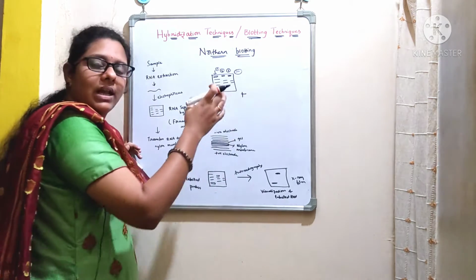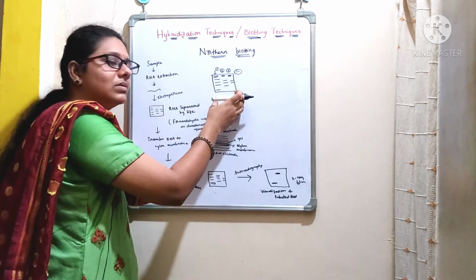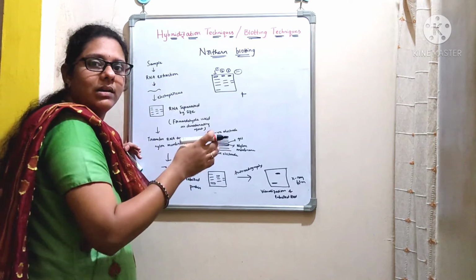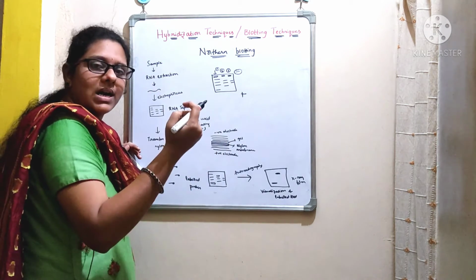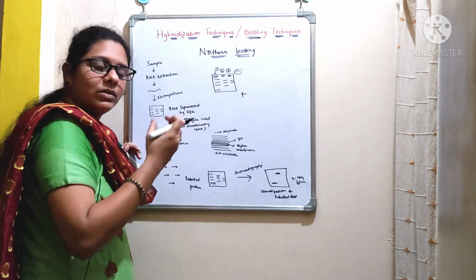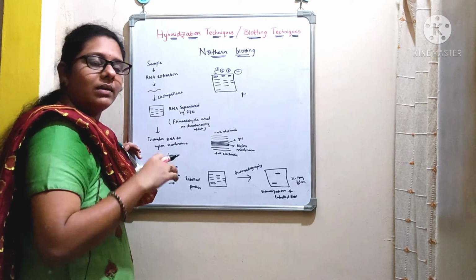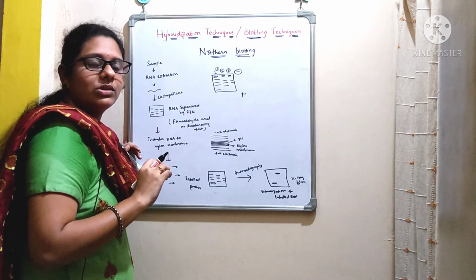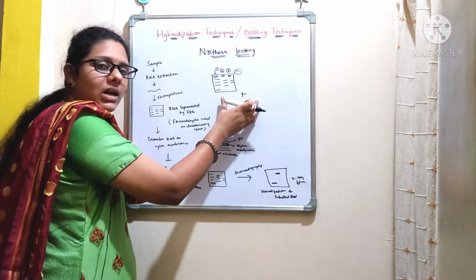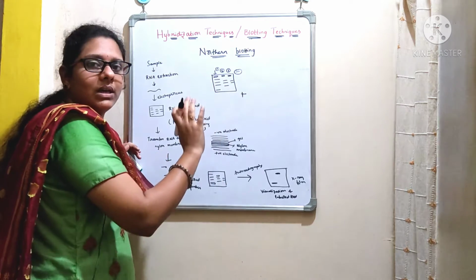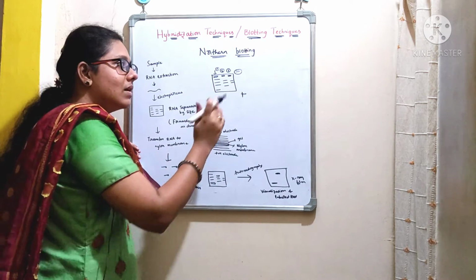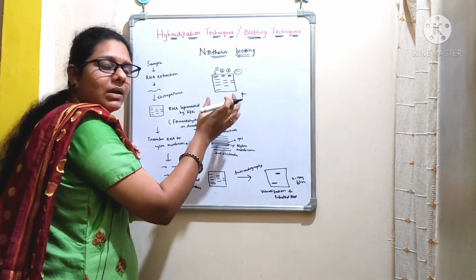Once you are done with the electrophoresis, you can also soak this gel in a buffer containing ethidium bromide, or while you cast the gel you can add ethidium bromide to the agarose solution, mix well and then pour it, right? Then you can go with the addition of the samples. After the addition of samples, you have to carry out the electrophoresis, and these fragments will be separated based on